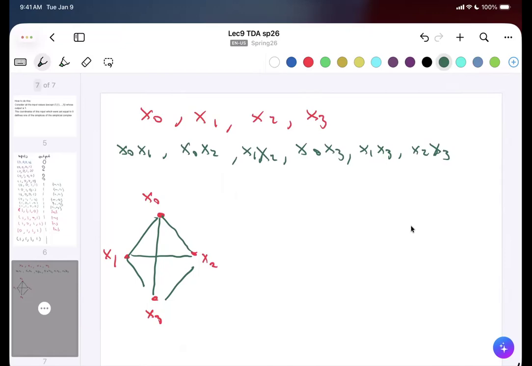Now, this is why I wanted to do the picture this way, because if you draw it this way, there are some artifacts of the representation which are not really there in the complex. Because for example, the way I'm drawing it, it feels like, oh, these two edges meet, right? It looks like there's an intersection, but that's kind of a fake intersection. In the abstract complex, that intersection is not there, because if there were an intersection, there would be a fifth vertex. So there are illusions that the picture creates that sometimes can be fixed by having a better picture,